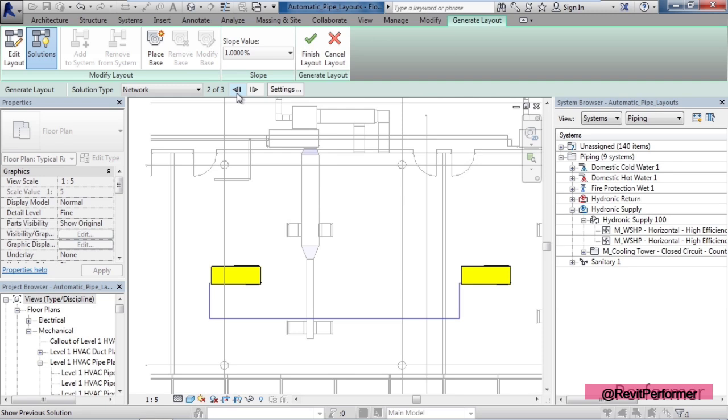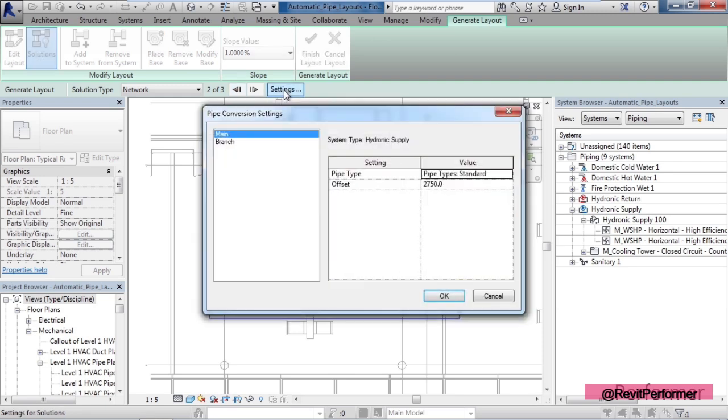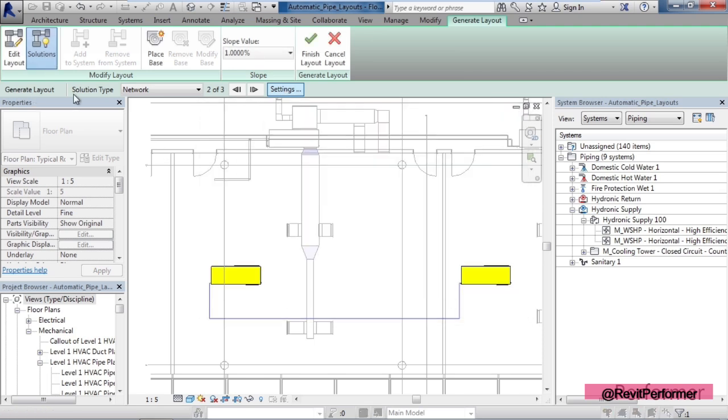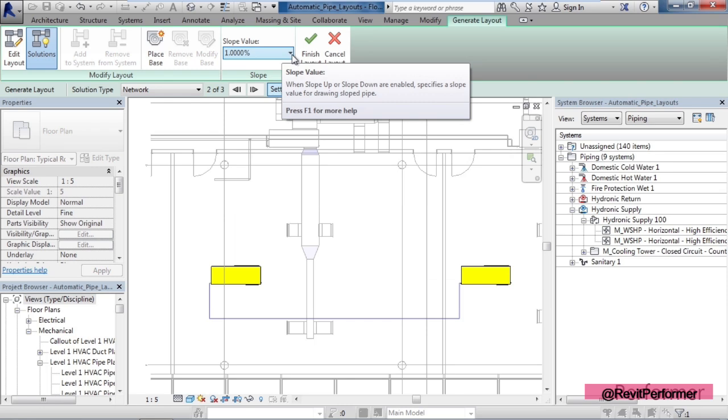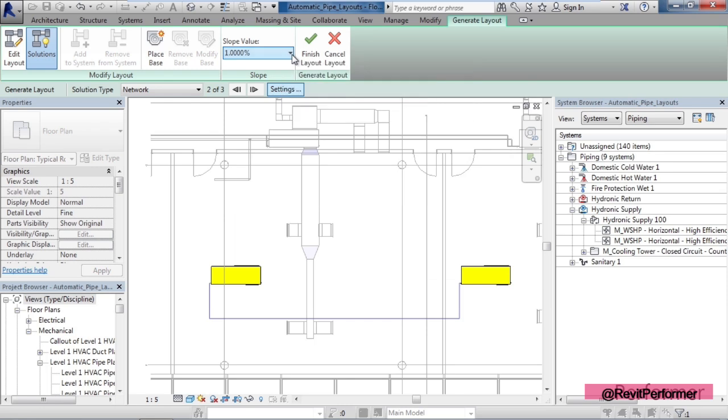The Settings tab actually controls the main branch lines of what the offsets would be from the level they're bound to, or reference tab. So 2,750 millimeters, roughly about 8.5 feet. Go ahead and click OK. And you also can apply slope value, if I needed to slope these pipes from one point to another point.